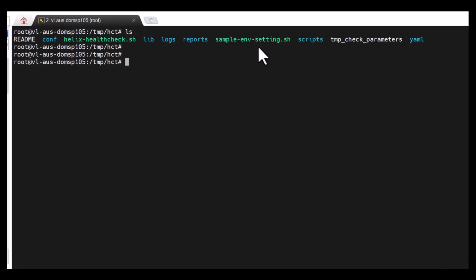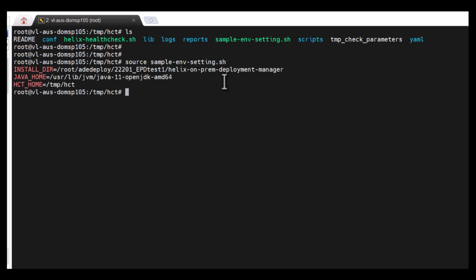So you are running the BMC Helix deployment manager for doing the installation of on-frame, and the logs are not indicating the problems that you are facing during the installation. In that case, you can run the Helix health check tool with the install option. For executing it, the steps remain the same as the pre-install. That means you need to source the sample environment setting by changing the appropriate values in it, and then execute it